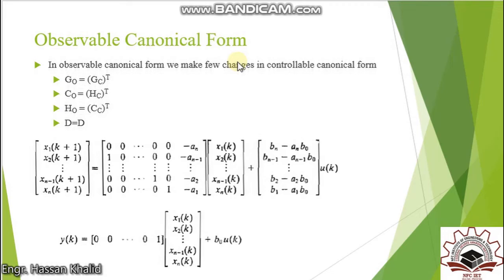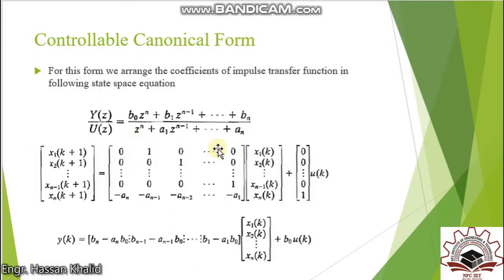Now if you have understood how to write the controllable canonical form, you can easily write the observable canonical form if you keep in mind the following hint. If you want to write the G matrix of this observable canonical form, you have to take the transpose of the G matrix of the controllable canonical form. Now if you look at this previous slide,